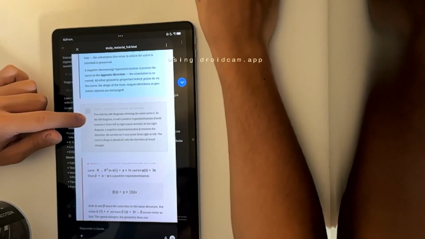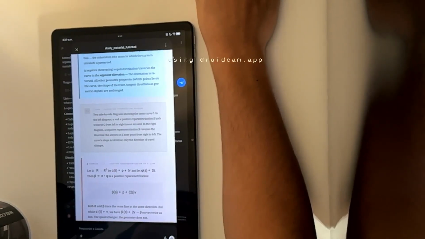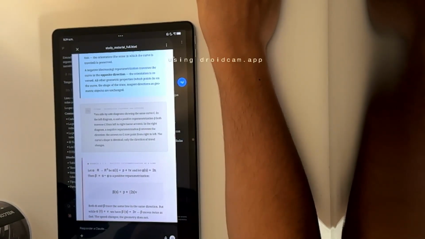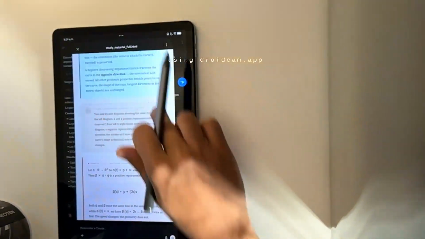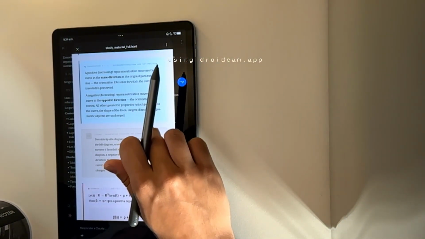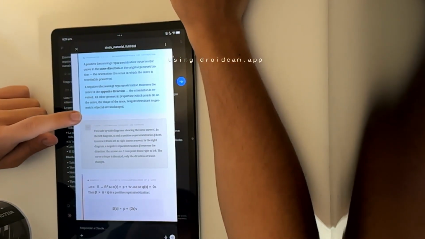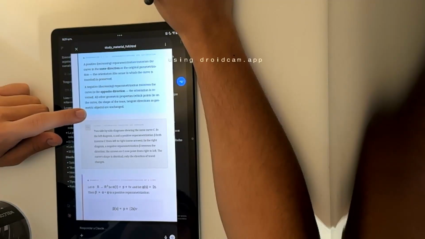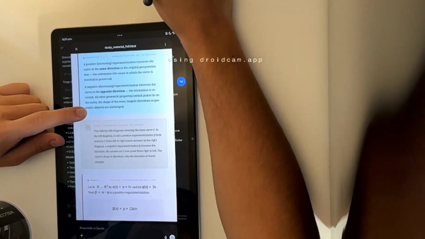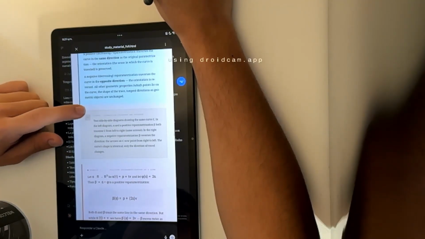The figure shows two side-by-side diagrams showing the same curve C. In the left diagram, alpha and the positive reparametrization beta both traverse C from left to right, same arrows. In the right diagram, a negative reparametrization beta reverses the direction. The arrows on C now point